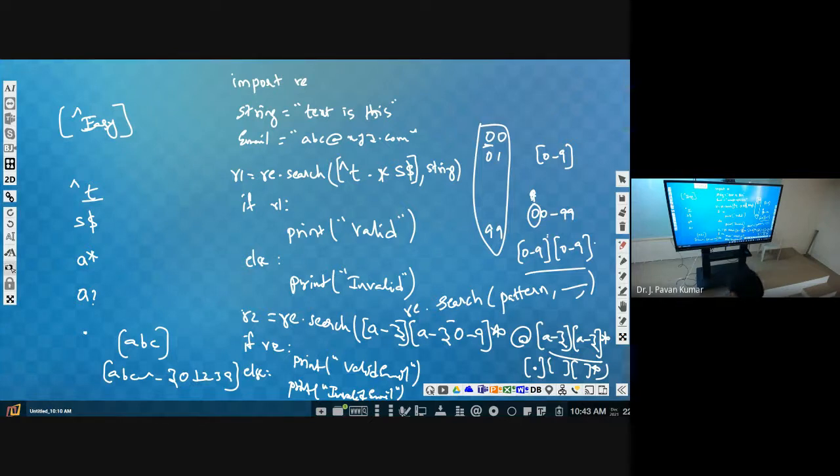There exist some other shortcuts also. Instead of specifying digits, we can use /d. And if you don't want to have digits, then you can use /D. Like this, some shortcuts are there, but as of now you consider this search, then pattern, then whatever this. In this pattern we can use so many things. Out of those, some of the things we have discussed.